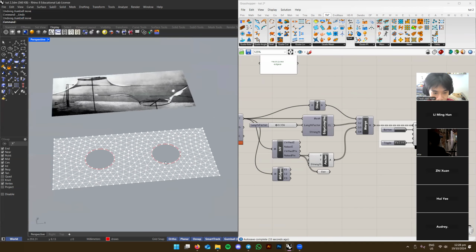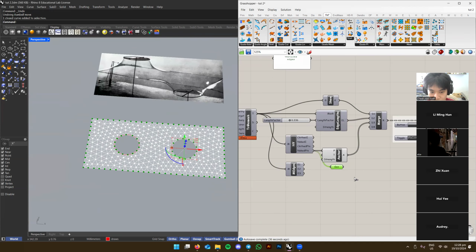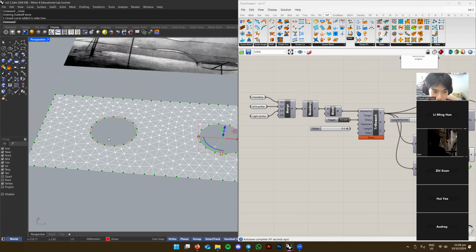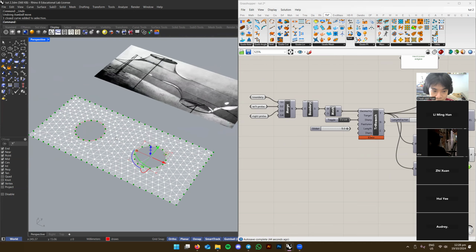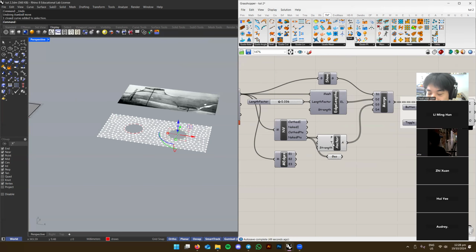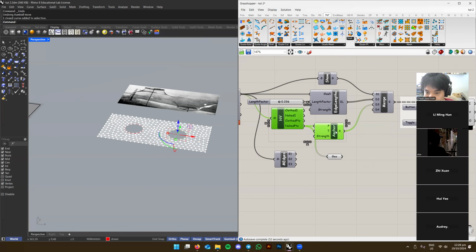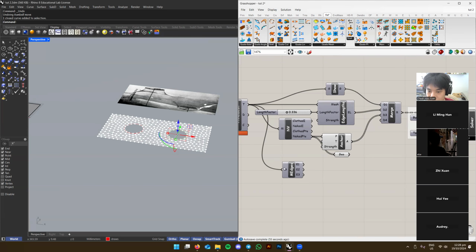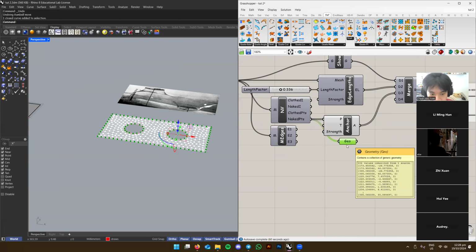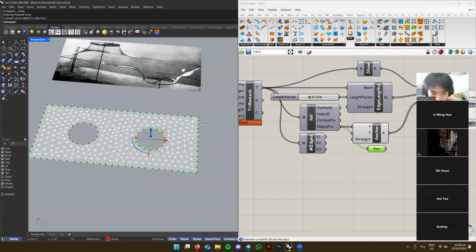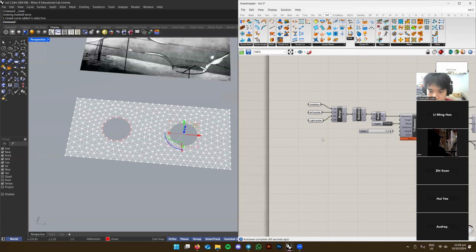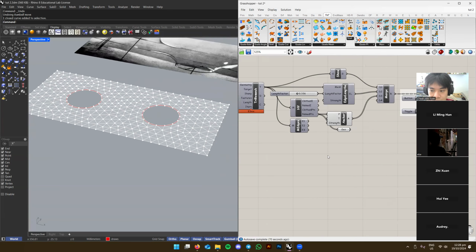Right. So what we can do is, if we know that these are going to be our edges. Oh, actually, wait. Okay, there's a few ways you can go about it. In Grasshopper, there are a million and one ways to go about anything. It's just what you're comfortable with and what you know how to do, right? So right now, this method that we have is going to put all these edges, all these naked points into one single edge, right? But if we say,